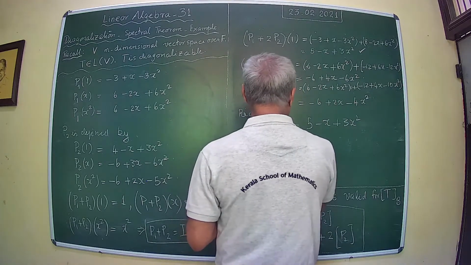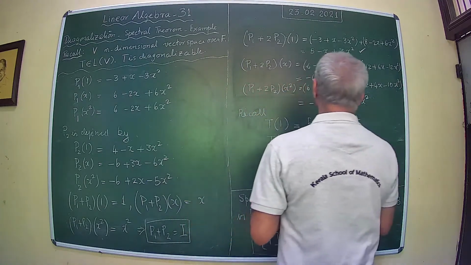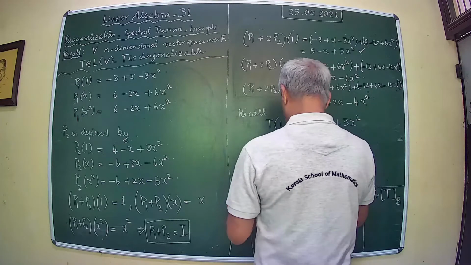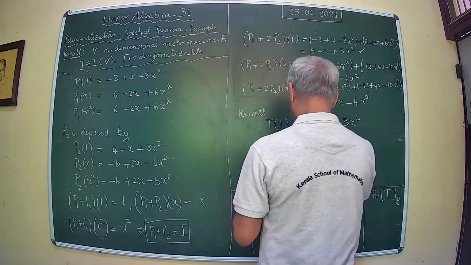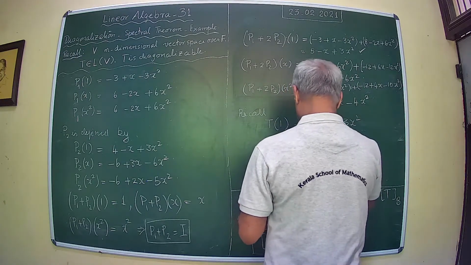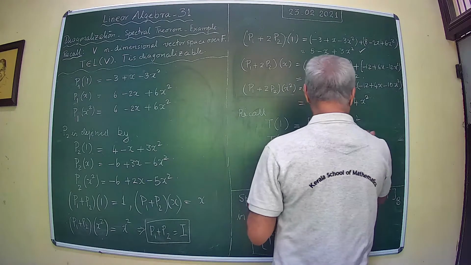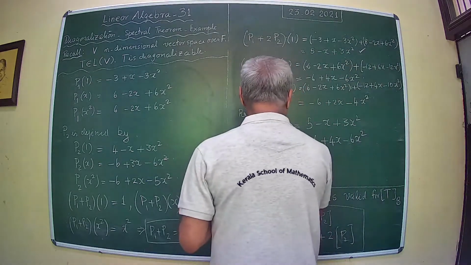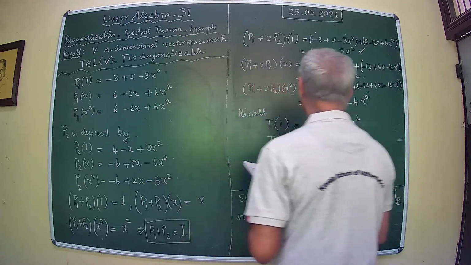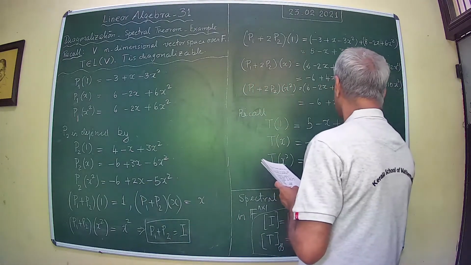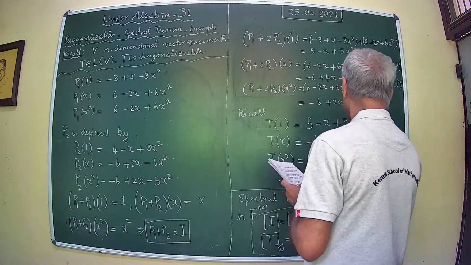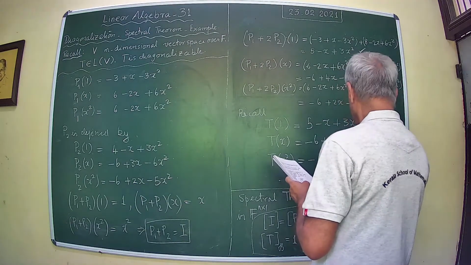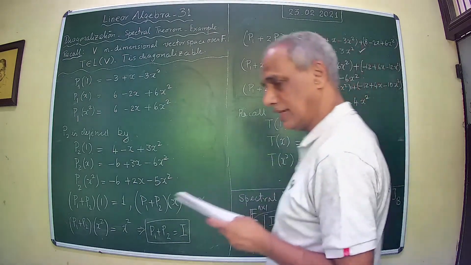P of x equal to minus 6 plus 4x minus 6x squared, and P of x squared equal to minus 6 plus 2x minus 4x squared, and that implies